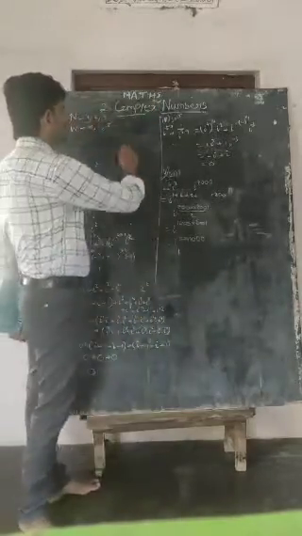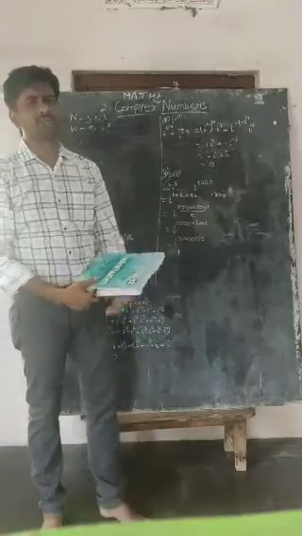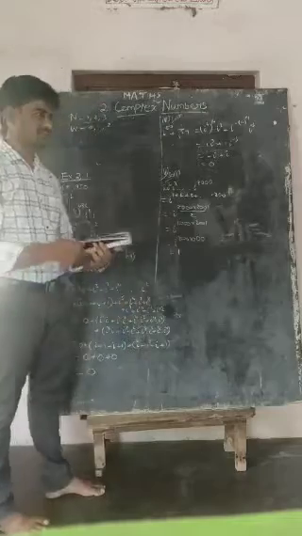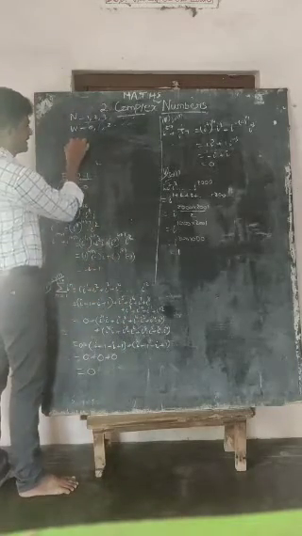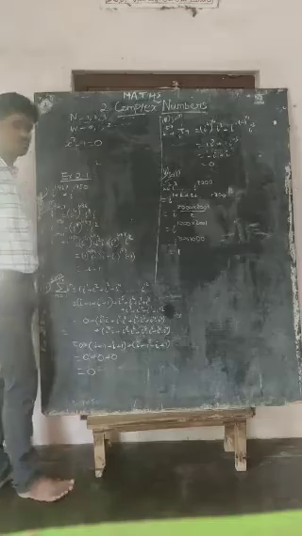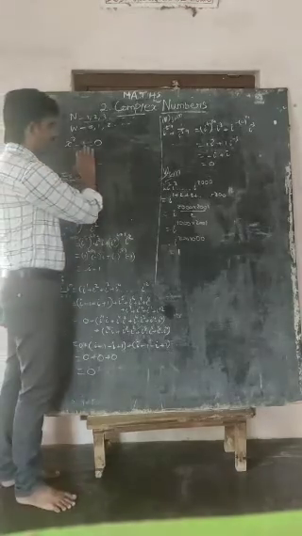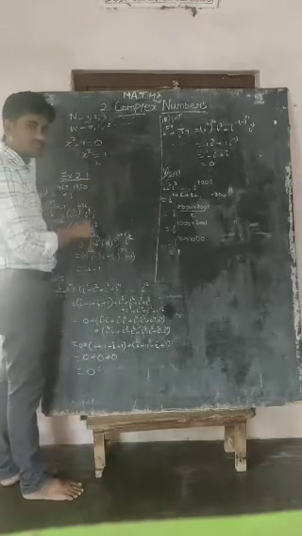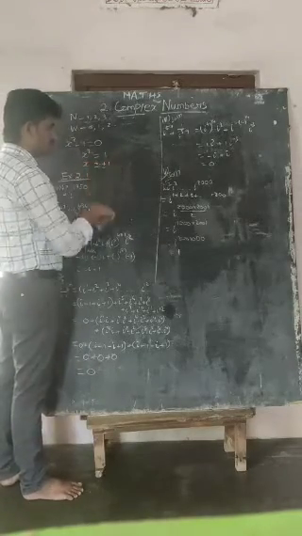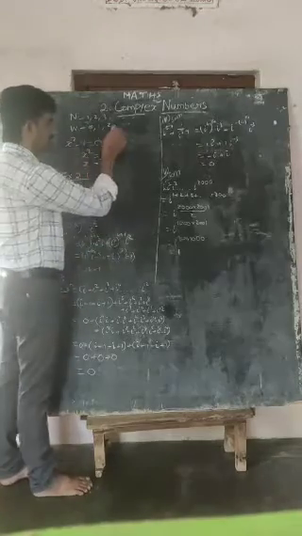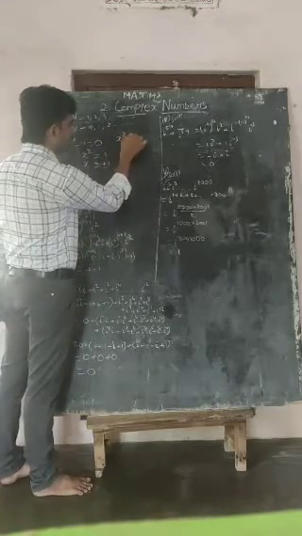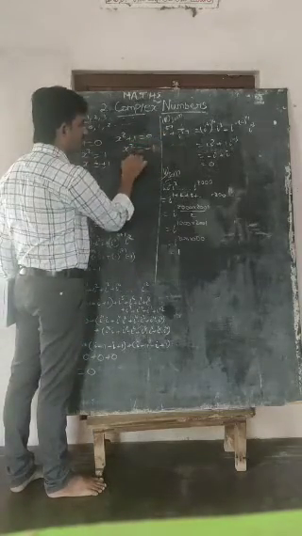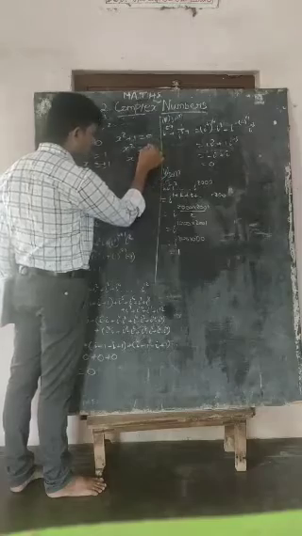Now we move to complex numbers. What is the meaning of complex number? Let us see some equations. x squared minus 1 is equal to 0. What is the value of x? We know that x squared is equal to 1, then x is equal to plus or minus 1. In the same way, x squared plus 1 is equal to 0. Here we write x squared is equal to minus 1. Now, what is the value of x here?